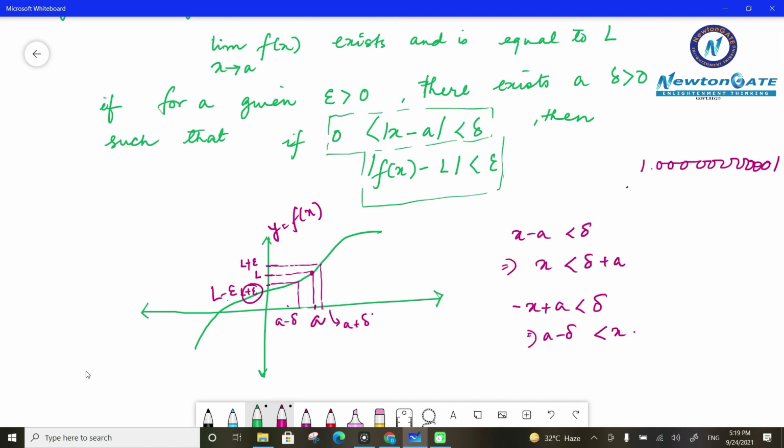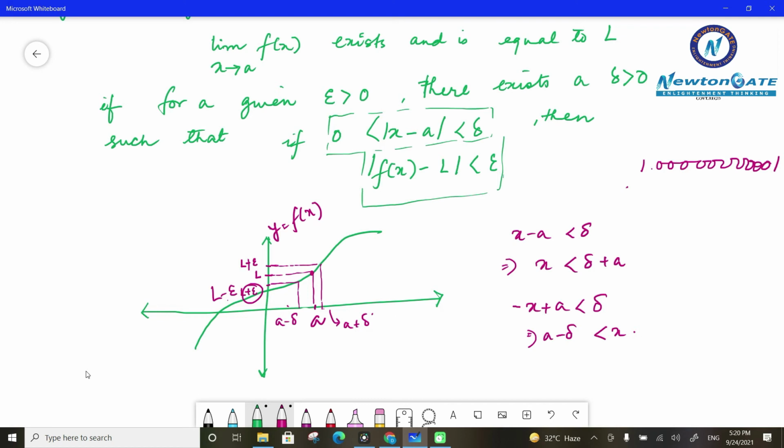Now you can see it very clearly that this is a very small change, so it doesn't matter. But then why are we not writing it exactly L? Why are we saying it is tending towards L? Dekho, yes, it's a very small change, I agree, but still it's not equal to L. So that is what is limit. Limit, here the definition is saying that it will exist if for small changes of x we are getting very small changes in y as well, and then we can say that the function exists. I hope this is now clear to all.